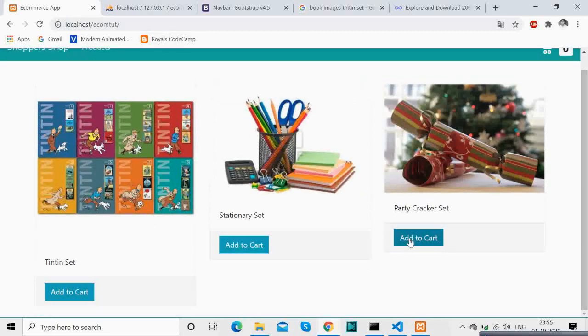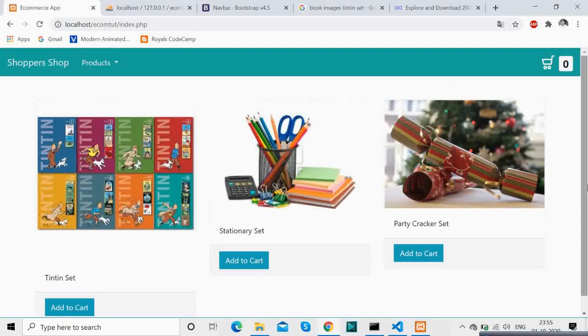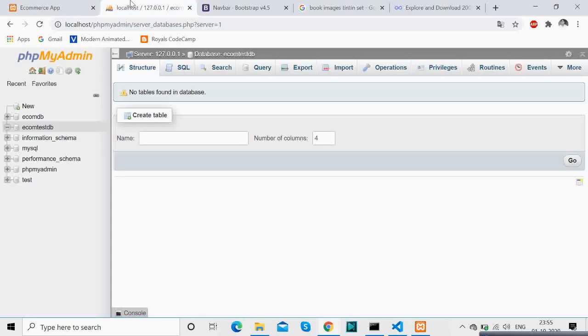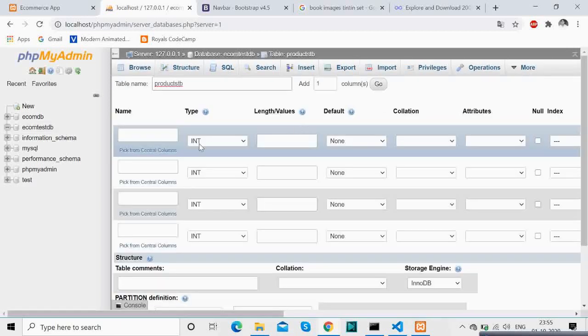So you see, we click the cart and nothing is working because we haven't added the database, we haven't written the backend. We will be doing that right now. We have the products table, and we will load everything up dynamically from the backend. For that reason, I am now creating the table called products, and it will only have the product information inside it.